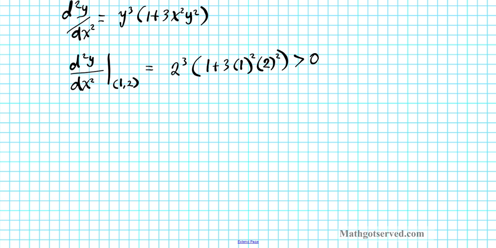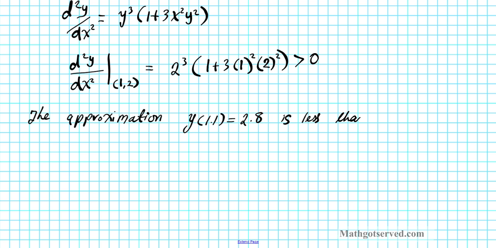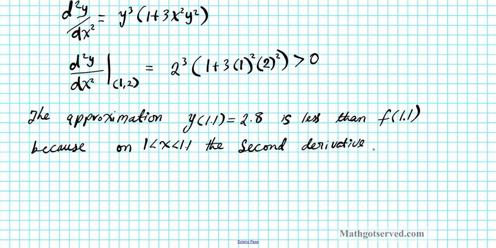The approximation, let's write this down, the approximation y of 1.1, which is equal to 2.8, is less than f of 1.1, the actual value. Why is that? Because on the interval 1 less than x less than 1.1, the second derivative is positive, which results in an upward concavity,